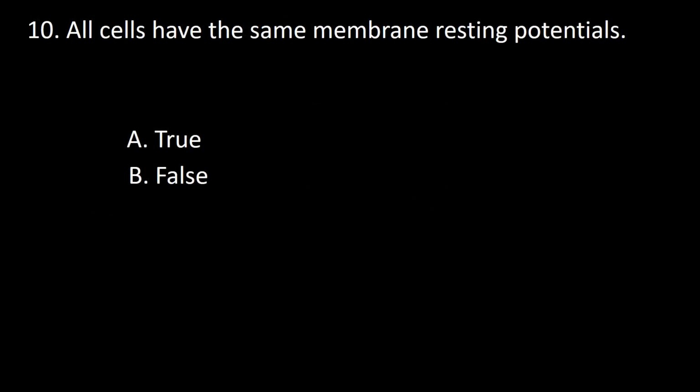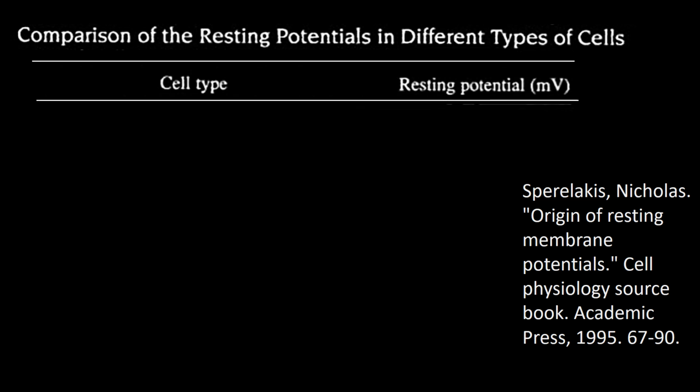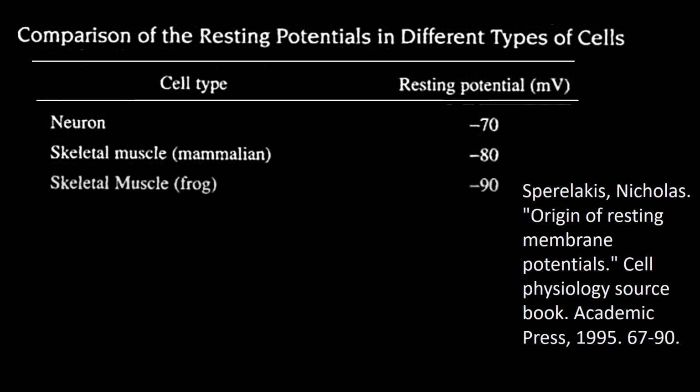Next question. All cells have the same membrane resting potentials. A true, B false. Not all cells have the same resting membrane potential. In this frame, I have placed cell type and resting potential as a heading for 2 columns. Most neurons have a resting membrane potential of -70, mammalian skeletal muscles -80, frog skeletal muscle -90,